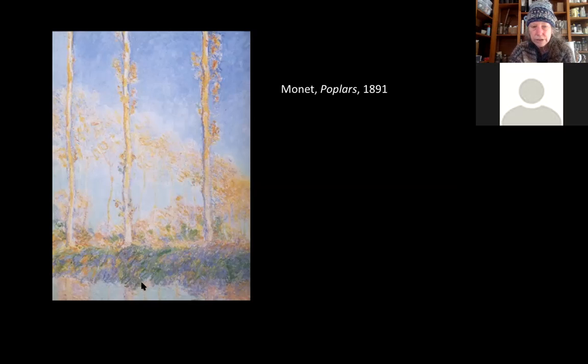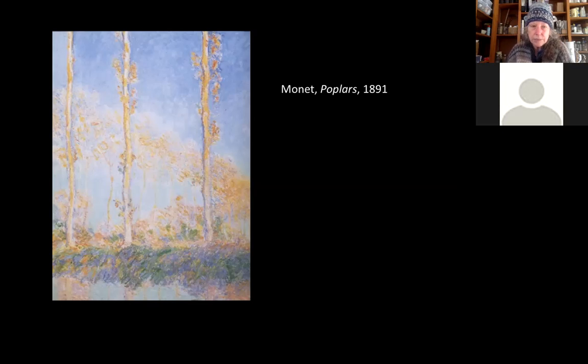Here's the water here, and he's looking at these poplars that were growing alongside this river. And the time of day that this painting was about, late in the afternoon, was so specific that he could only work on this painting, say, for 15 minutes at a time before the light changed, and then he would have to move to another place to work on a different painting. He had his own garden where he did all this at Giverny, where he could move around the garden working on different paintings during the day.